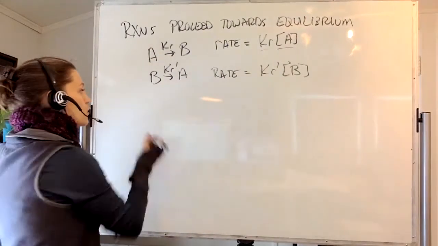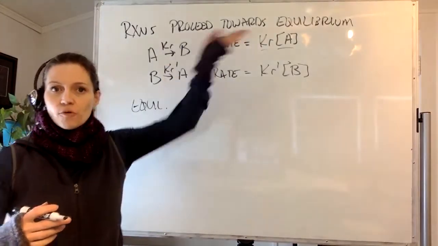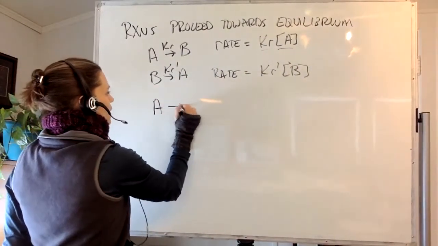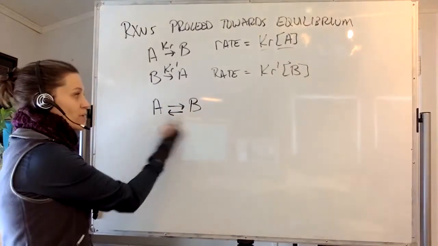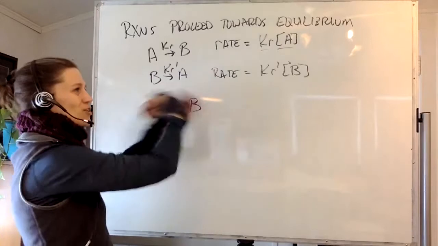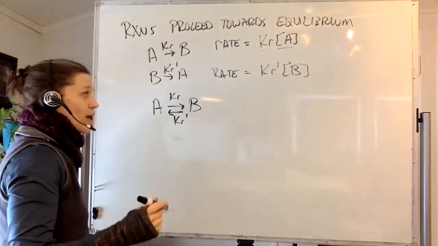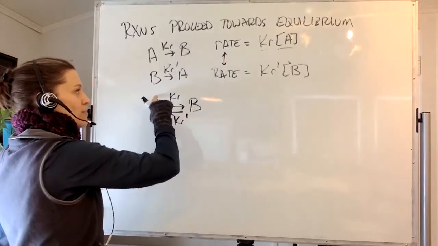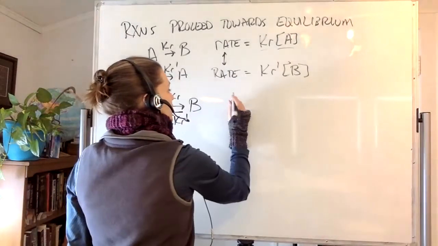Okay, so equilibrium is defined as the rate of the forward reaction, or actually, let me say this again. If I write this as A goes to B, but B can also go back to A, I can write it this way, such that both directions of the reaction are occurring. A is going to B and B is going to A with Kr and Kr prime. Okay, if we then say that the rate of the forward reaction is equal to the rate of the reverse reaction, we have an equilibrium. So if these two rates are equal,